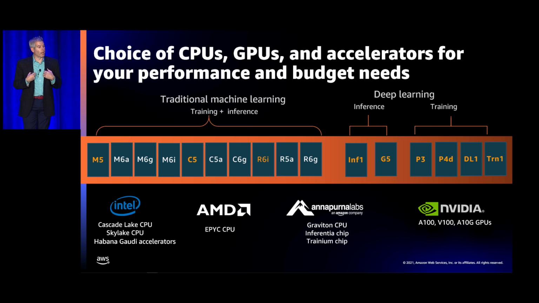So we continue at AWS to invest in innovation in the custom accelerator business here. And we power instances that are custom built for machine learning, both training and inference here. As these accelerators are designed to do one thing only, they're able to deliver the highest efficiency and lowest cost for you. So our new EC2 DL1 instances are powered by our Gaudi accelerators from Habana Labs, which is an Intel company, and they deliver a 40% better price per performance than our prior generation.